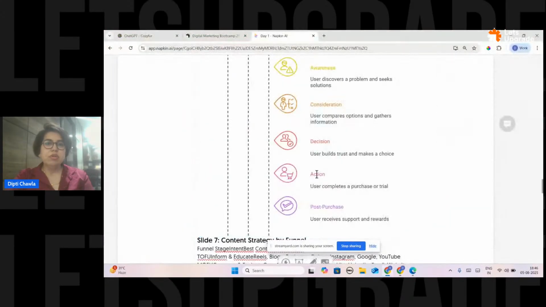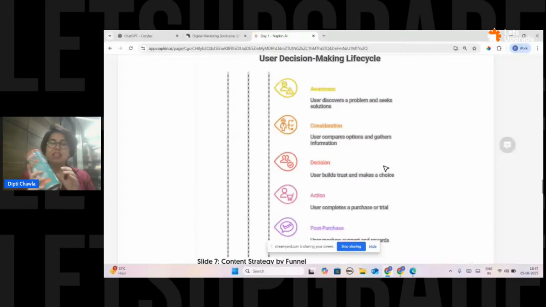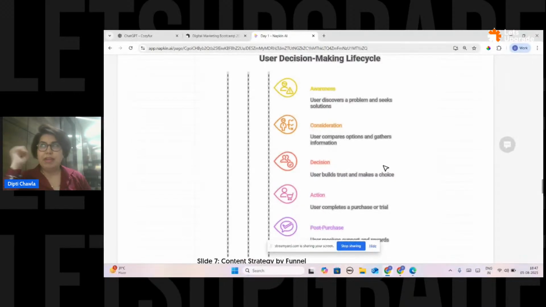So we will take an example of how a customer makes an entire decision. How does this work? Let's say we take an example of a product. I have the product in hand, and please don't think that I'm promoting it, but I already have it. Now, to create awareness of a product, we need to understand what the problem in the market is.